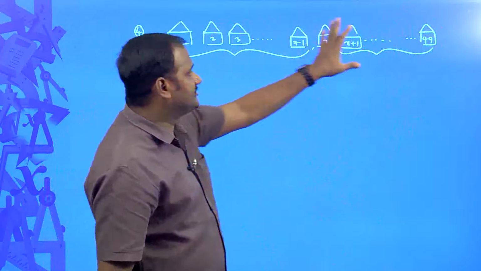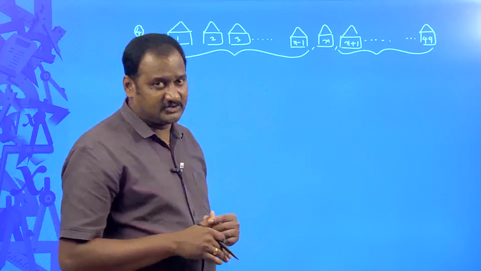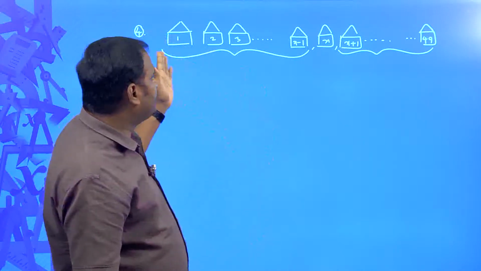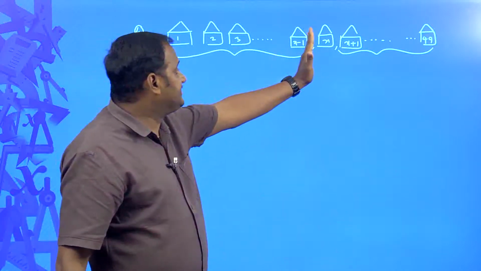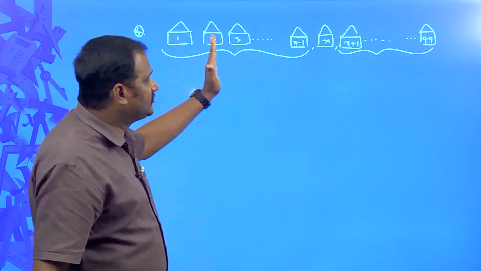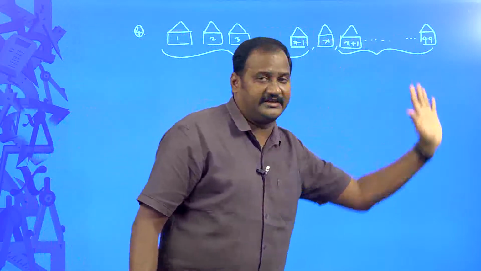If these two sums are equal, then you will have to calculate the value of x, that is, what is that house number x satisfying this condition. So, I repeat, there are totally 49 houses in a row, out of which there is one house number x in between 1 to 49, such that the sum of the house numbers preceding the house number x is equal to the sum of the house numbers following x. That is the information.